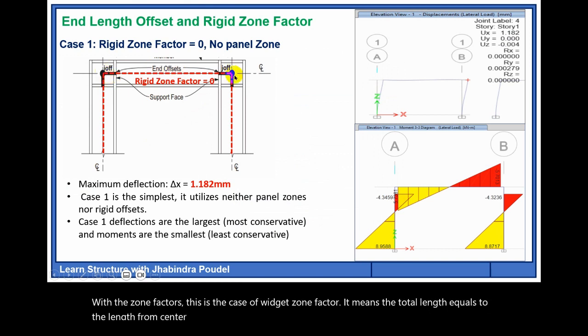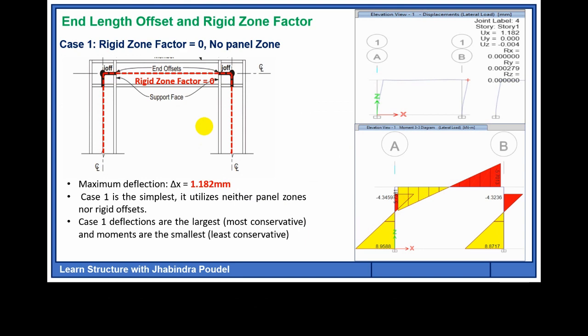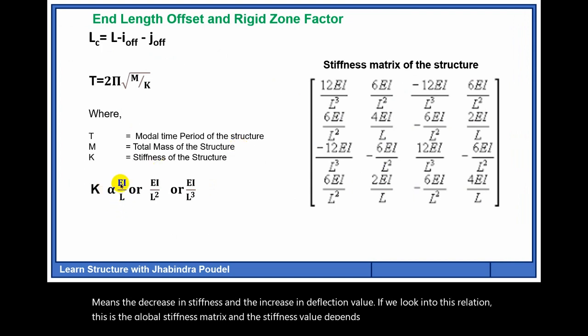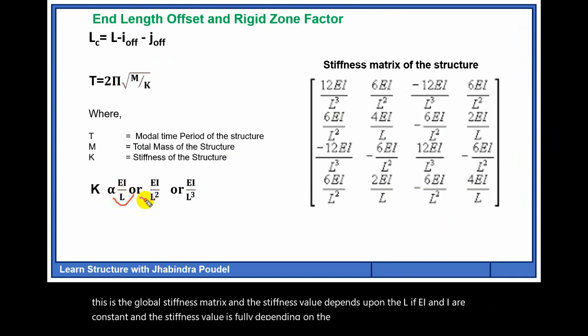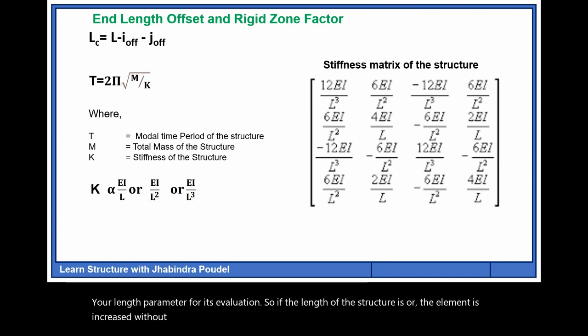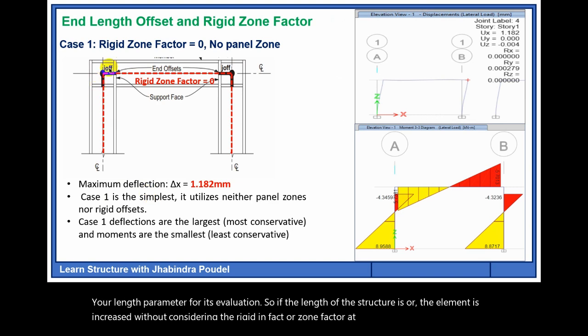It means the increase of length means the decrease in stiffness and the increase in deflection value. If we look into this relation, this is the global stiffness matrix, and the stiffness value depends upon L. If E and I are constant, the stiffness value fully depends on the length parameter L for its evaluation. So if the length of the element is increased without considering the rigid zone factor, that is 0, the full length is utilized, so the stiffness tends to decrease, resulting in the increment of